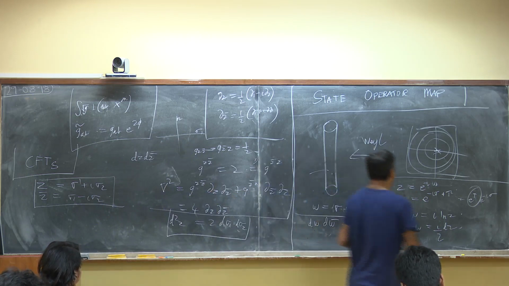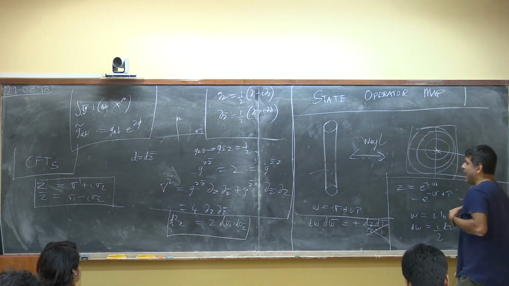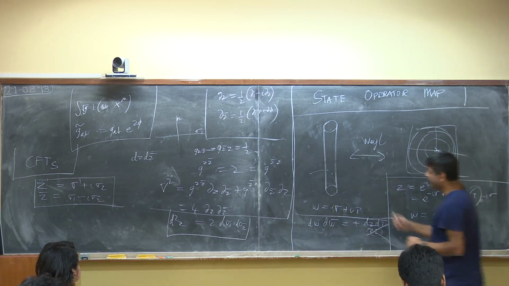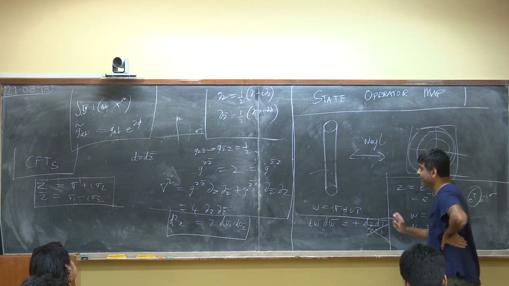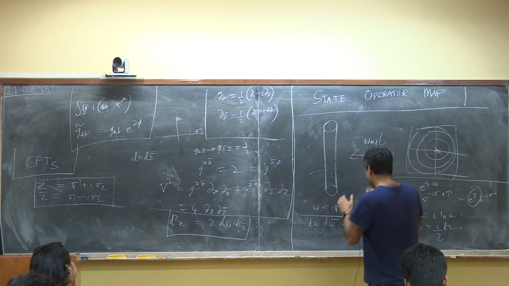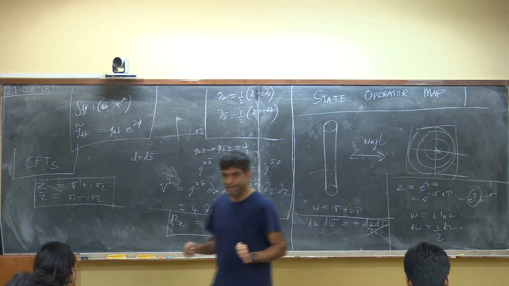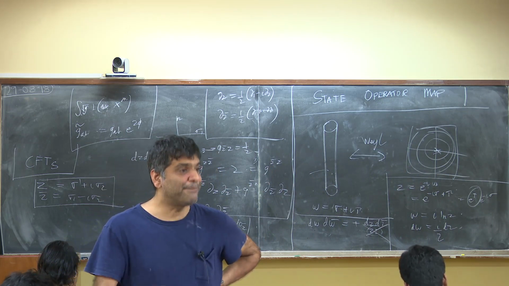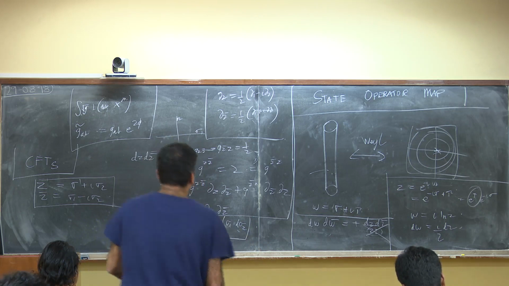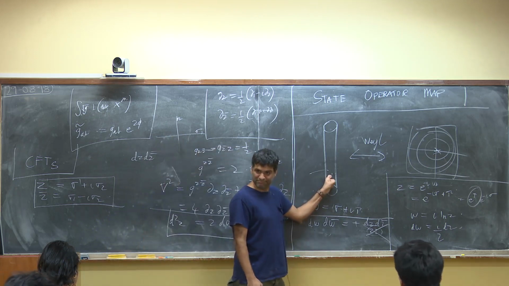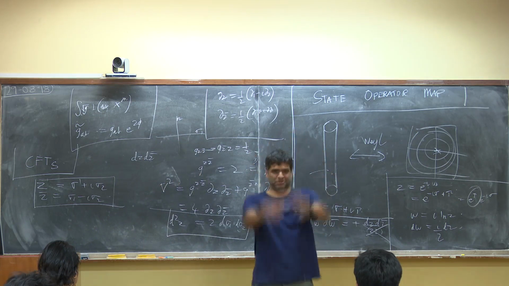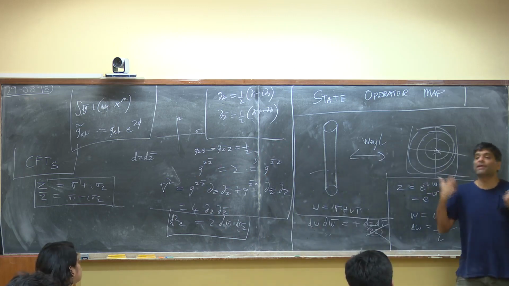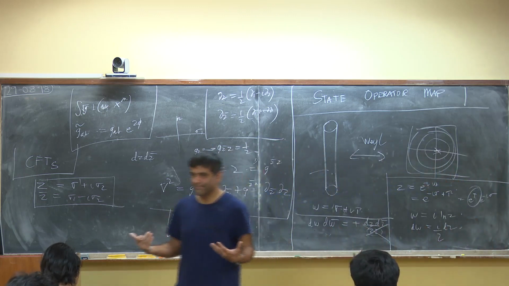Now, I want to make the following claim. The claim that I want to make is the following: that in a conformal field theory, there is a map between states on the cylinder, Lorentzian, good states on the cylinder, and local operators of the theory, which we will insert